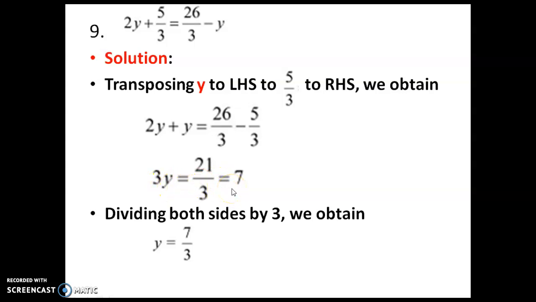Okay. So in order to get y, what will you do? Here the 3 is in multiplication. When it comes to the RHS, it will come as divided by. Okay. Or else divide both sides by 3 also you can do. Either way you can do. So y is equal to 7 by 3. Okay. Then next step,